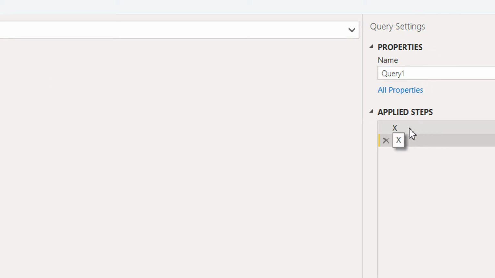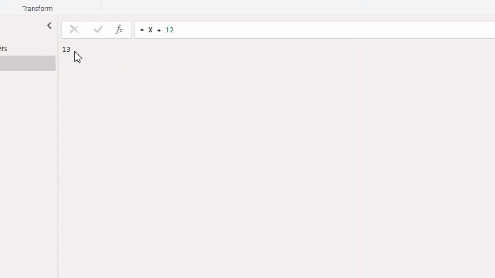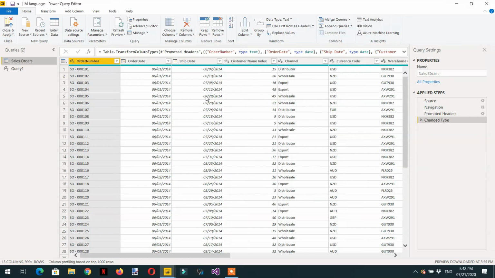Here you can see the first step is x, which is 1, and then the second step is y, which is x plus 12, and the answer is 13. So this is the simple syntax of Power Query formula language, or M language. And in this video we will learn about how to